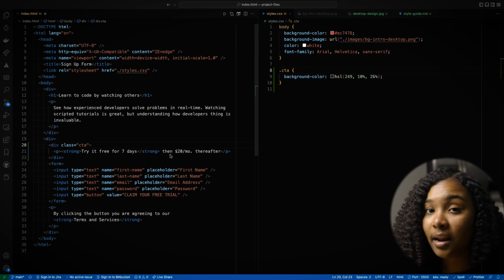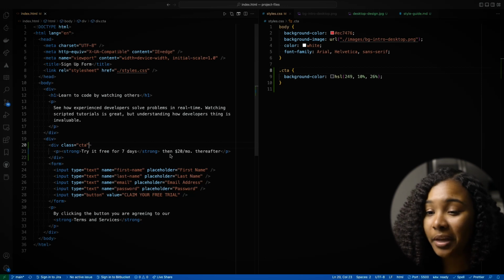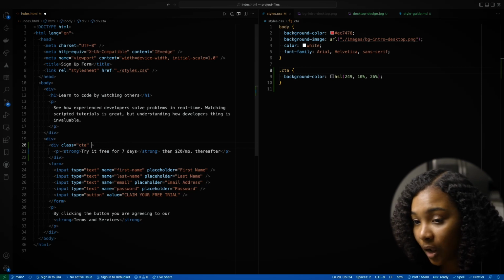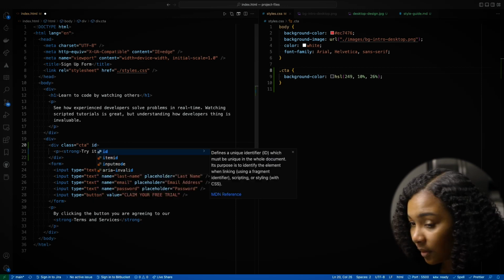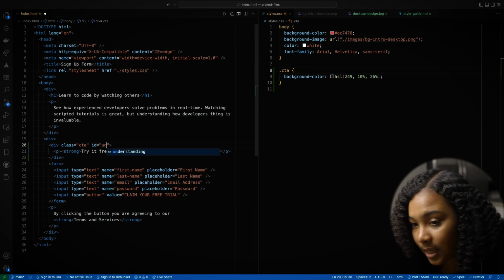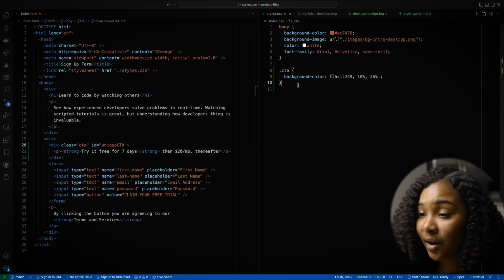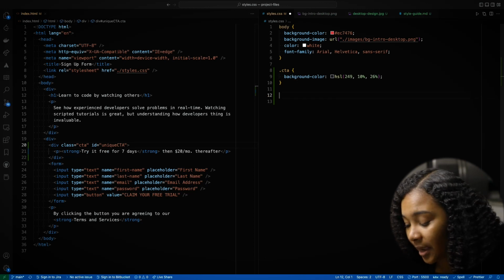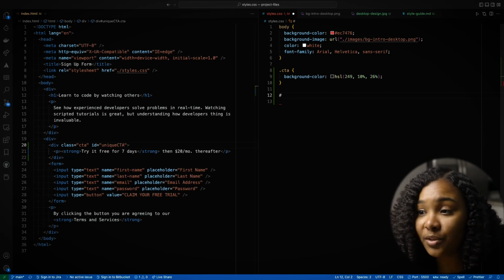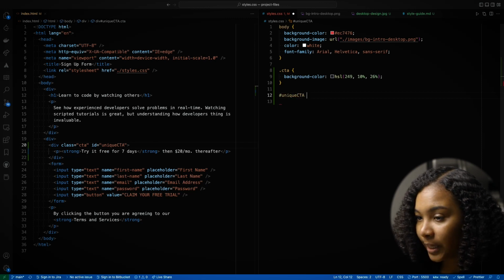Well, what we can do then is use this other identifier called an ID, a piece of identification, essentially. It's another attribute that you can use on visible or non-visible HTML elements, and you literally just type in ID. And just like class, you can give it whatever name you want. So for this one, I might type in unique CTA and save that. And then when I go here to specify it, I'm actually going to use a hash, because a hash is the selector for IDs in CSS. So I'll just type in the name of it, unique CTA, and I'll do my little brackets,